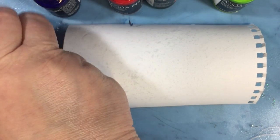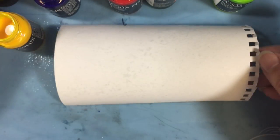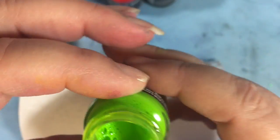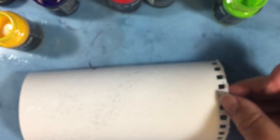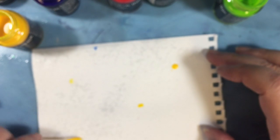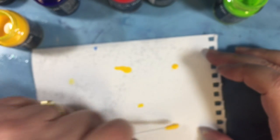I have green, and then I have I'm not really sure which color this one is, and I can't look to tell you while the bottle is open, but it's kind of like a fluorescent-y green color. So with my wet paper here, I am just going to start applying